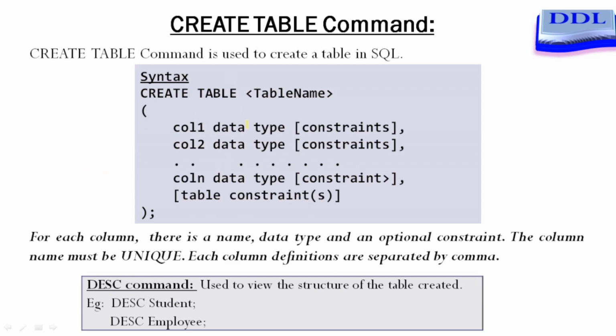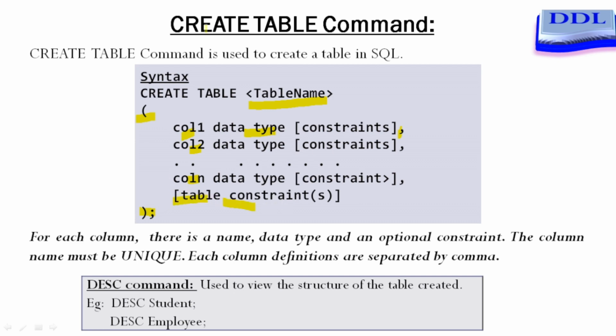This is the syntax for create table command. Create table, table name. The table name is user defined. After that, bracket open. This bracket will be closed at the end of the command. And inside this, we have to give each column name, its data type, and an optional constraint. The column names must be unique. After defining the first column, put a comma and give the name of the second column, its data type, and optional constraint. Like that, we can define as many columns as we need,